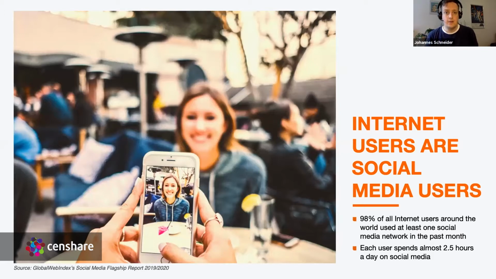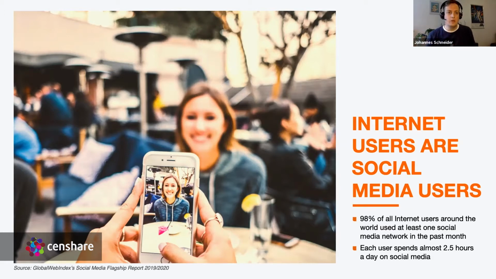And as I already said, social media is not only ubiquitous for brands, it's in general, when you think of the internet, you think of social media. Internet users are social media users. Basically, again, everyone who's online is also online on at least one social media network. And people spend a lot of time on these social networks, around 2.5 hours a day. And as some of you may know, there are countries where this is a lot higher on average, right? Germany, for example, is one of those countries where social media usage is below average. Globally, let's look at Latin America, for example, or Asia, people spend a lot of time on these social networks,